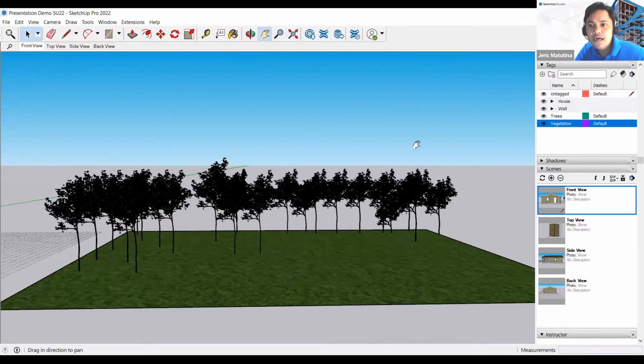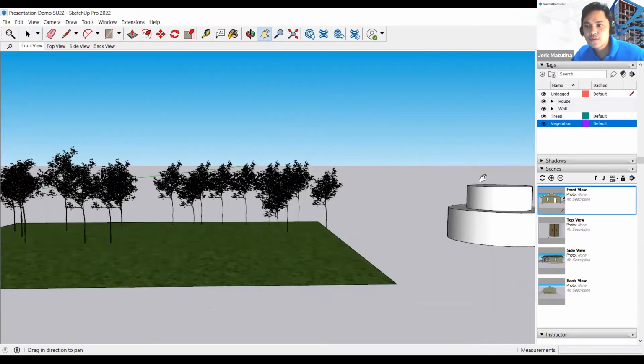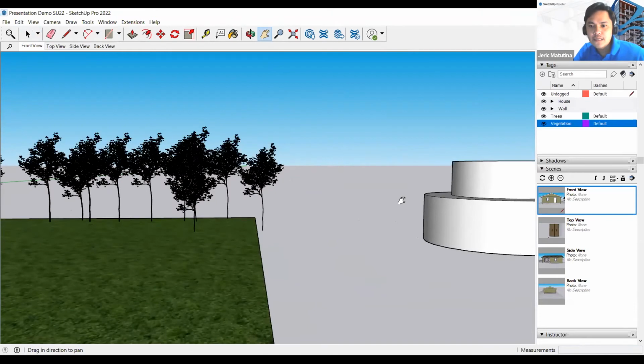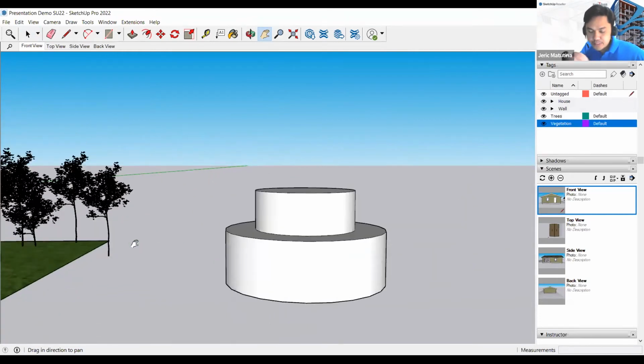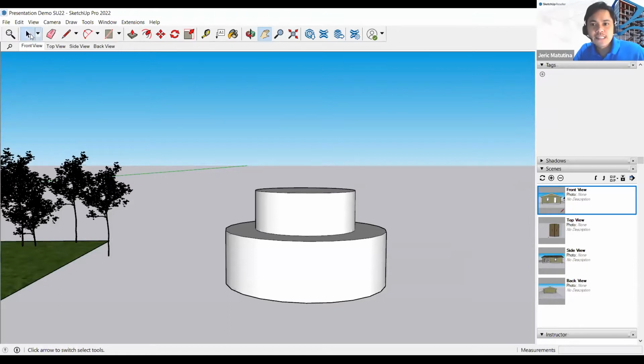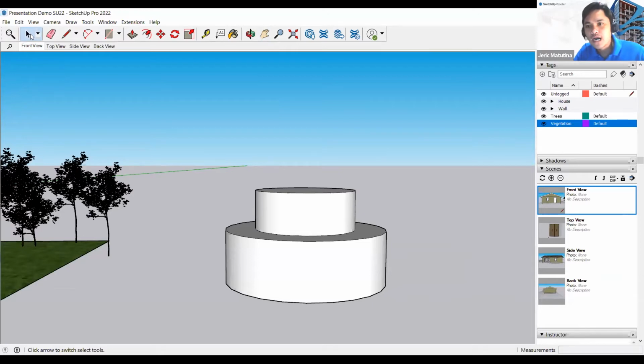Next, last but not the least, we have the freehand that allows us to create naman much smoother entities. So dati kasi when we create a curve, more on sa X and Y plane lang siya. But now we can do smooth curves na pagdating sa ating elevation or the Z plane. So with that,